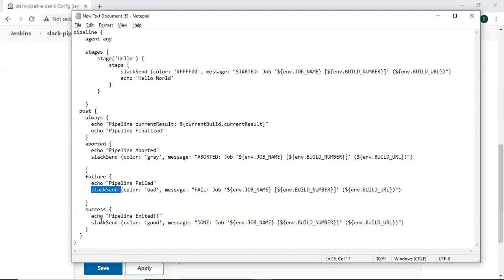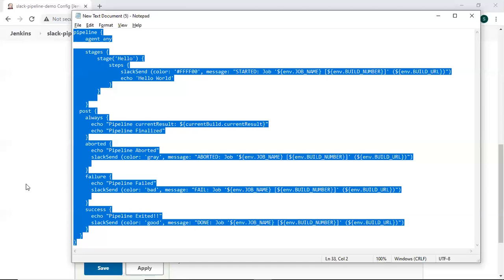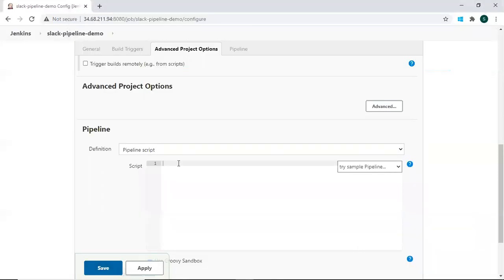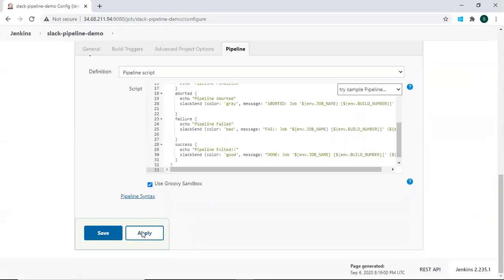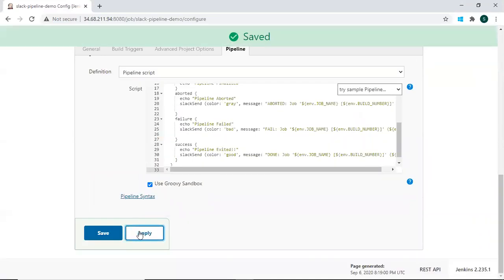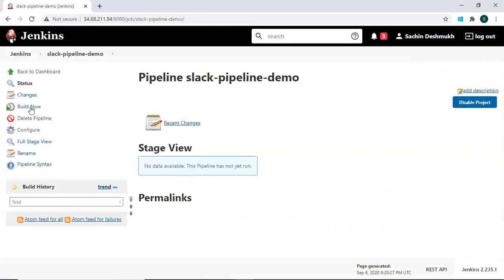And if it is success, then Slack send function will send done. Let's copy this whole script and paste it here. Click on apply and save. Let's build this job.